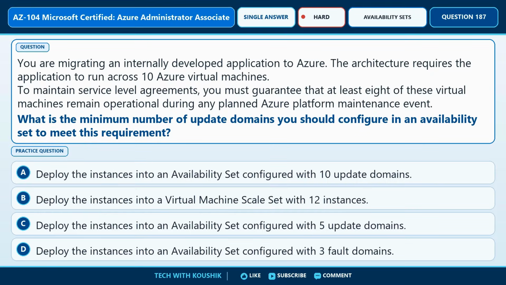Let us focus on question number 187. This scenario establishes the key requirement. You are migrating an internally developed application to Azure. The architecture requires the application to run across 10 Azure virtual machines. To maintain service-level agreements, you must guarantee that at least 8 of these virtual machines remain operational during any planned